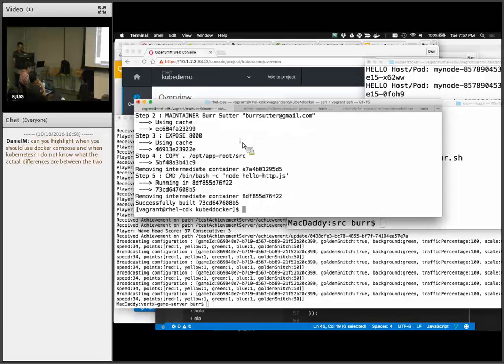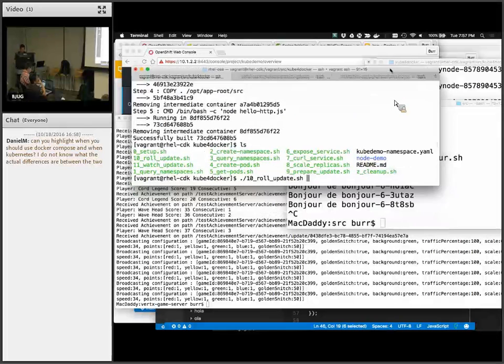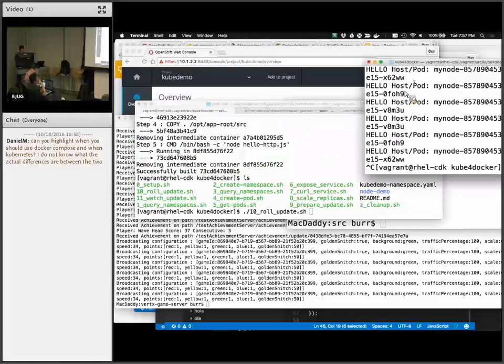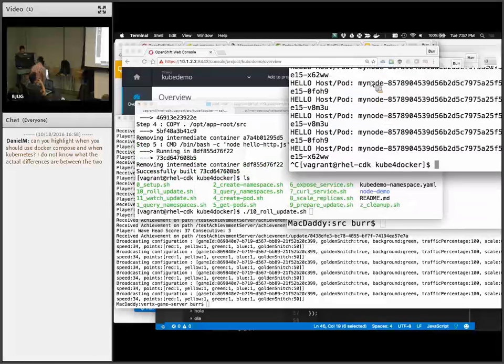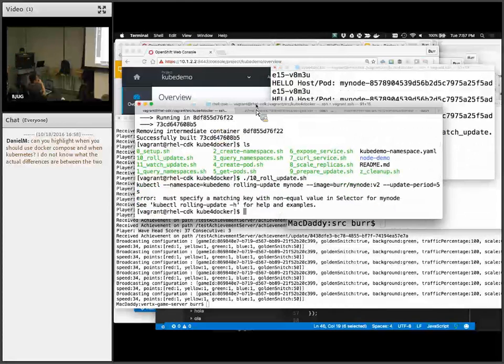So basically, we're going to version 2 of that piece of code. But we're rolling the update. And the cool thing is, there's really, oh, do I have bonjour in there? It didn't take my salut change. We can fix that, okay? So why did I go to version 2? And I thought I had a version 2 image, but